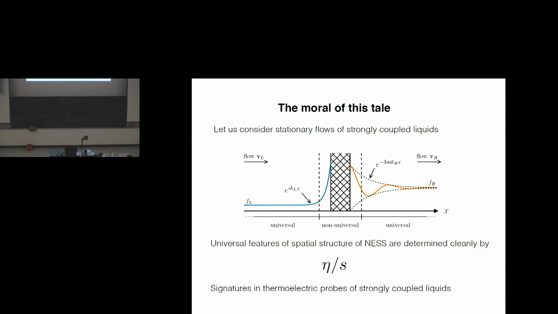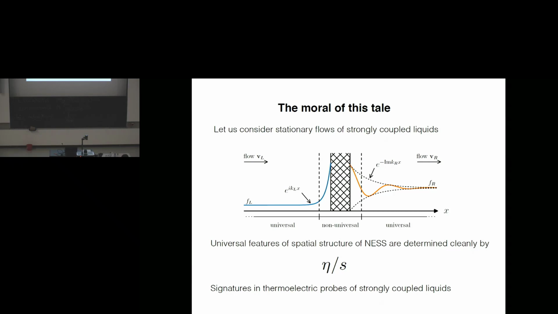But essentially, you have a codimension 1 obstacle. You have a flow which starts, let's say, on the left with a specified flow velocity v left, and of course other thermodynamic quantities will be specified, like the energy density. This flow will be strongly non-linearly disrupted by this obstacle. It has to flow over this obstacle, and far away from the obstacle to the right, it will result in a flow which has different parameters. And of course, there's this interesting transition region.